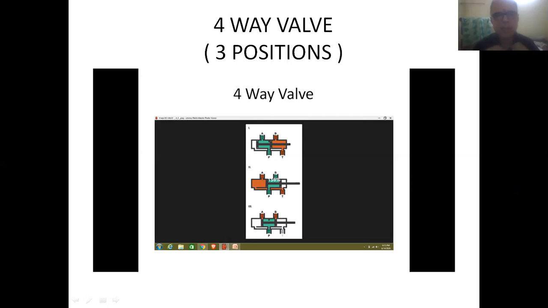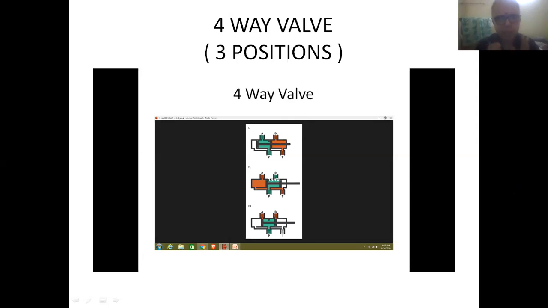So friends, again, in the first position, the inlet will be in contact with the first outlet, and the second outlet will be in contact with the exhaust port of the DC valve.